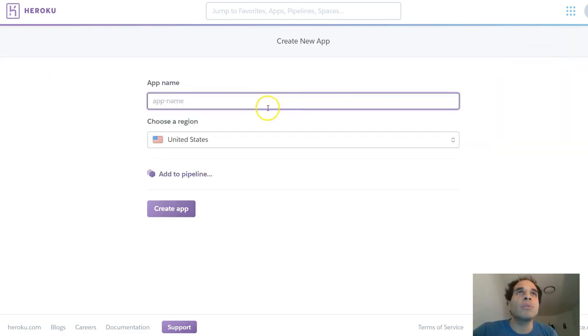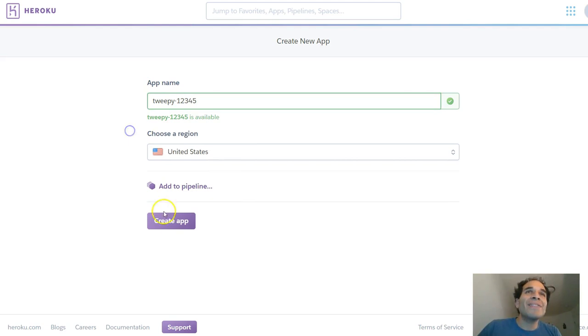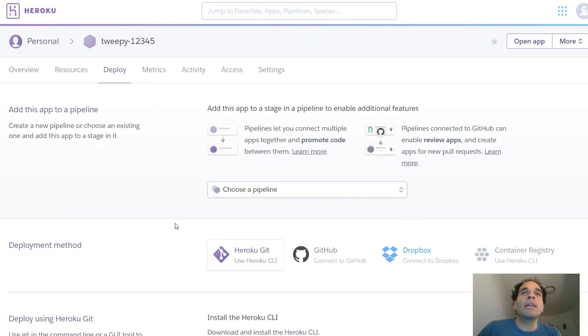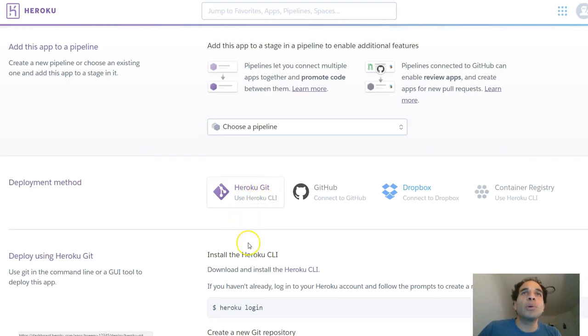So let's just create this new app. 1, 2, 3, 4, 5. That's available. Awesome. Let's create that app. So we're going on through and then showing how we can use Heroku Git